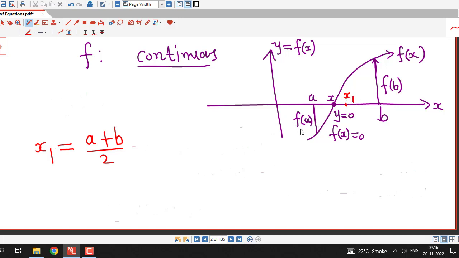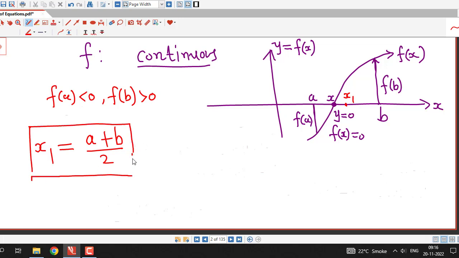Now here f of a is negative and f of b is positive. In this situation for which we have sketched this graph, f of a is negative, f of b is positive, and we find x1 as the midpoint of the interval ab. Now find the value of function f at x1. So we can see if we consider this perpendicular line segment, this point is x1, so we can see f of x1 is positive. This distance is f of x1.